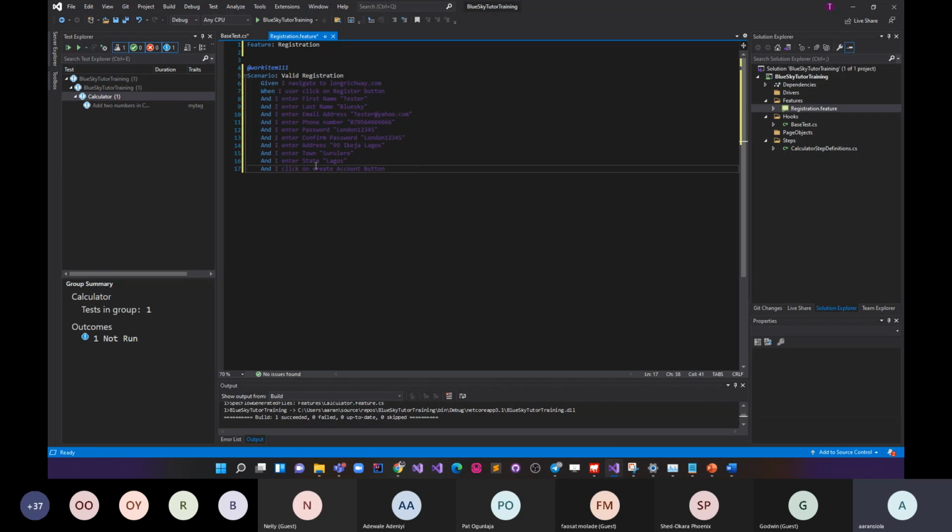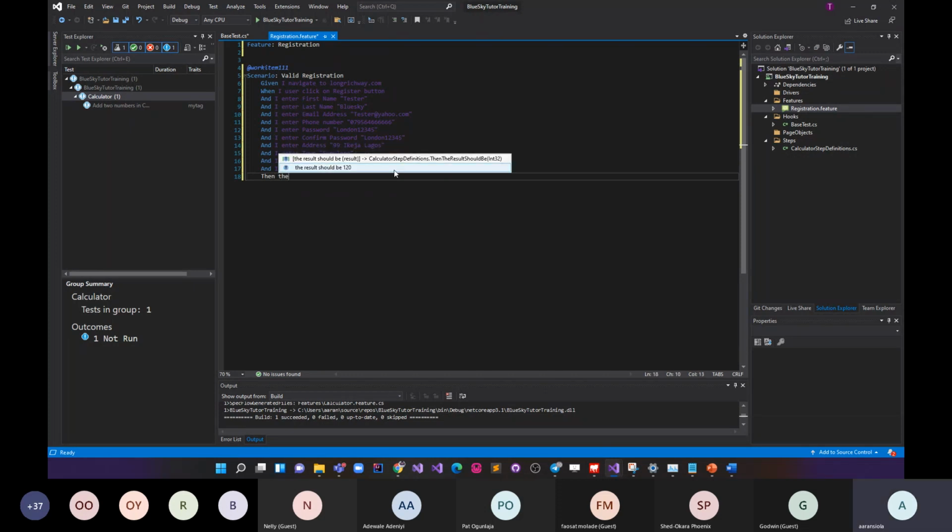Now we've finished writing all of that, but we need the particular one, which is the "then". The then is just to say what happens when we click on create account. Normally you need to check that environment depending on what the acceptance criteria says. If the acceptance criteria says that you need to see a successful message, then you need to assert that particular message as well. But if it says that when the user clicks on the create account button, it takes them straight to another page, it's fine. You can just say "then I'm logged into that particular environment". So for this one, I'll say then